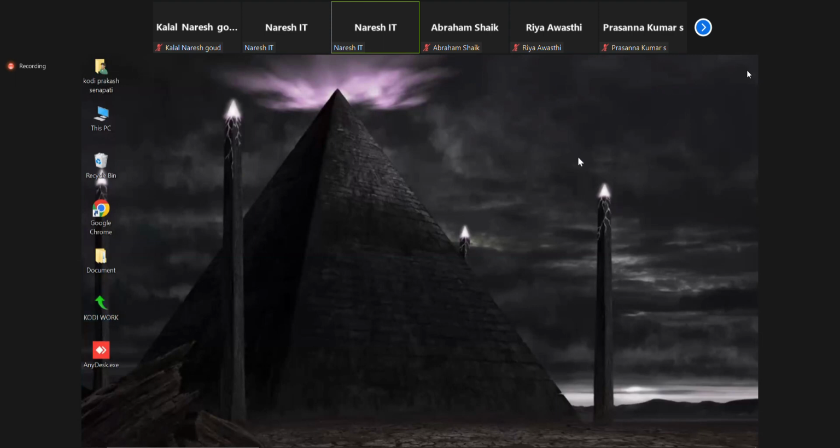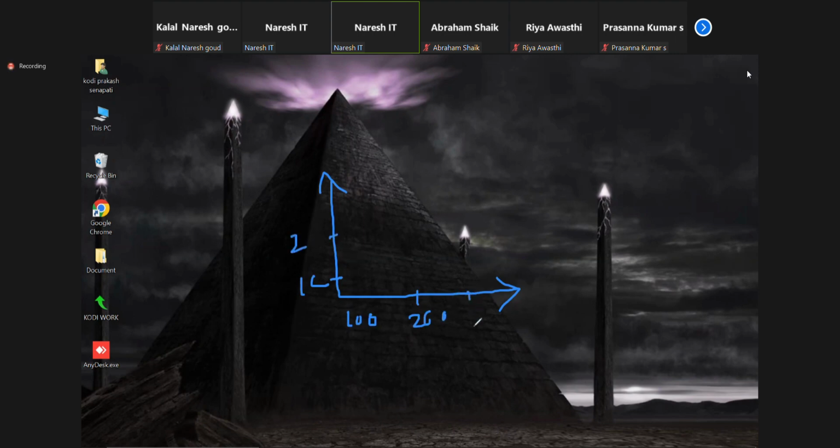For example, as I said, let me plot a graph, and let's introduce math as well. So we have 100 square feet, the house cost is 1 crore, and 200 square feet, the house price is 2 crore, and 300 square feet, the house price is 3 crore.